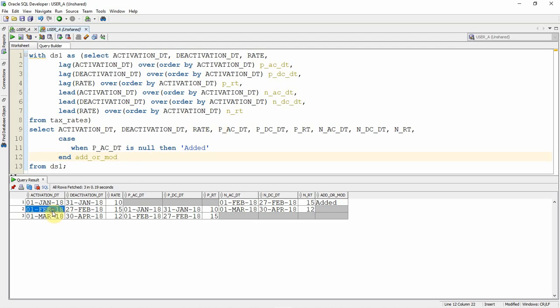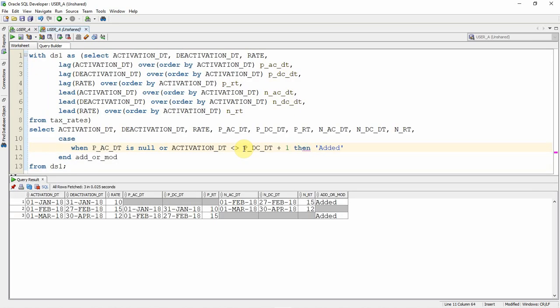We can see that here the current activation is 1st March, but the previous deactivation is 27th Feb. Ideally, the previous deactivation date plus 1 should be equal to the current activation date. So we will put either the previous activation date is null, or the current activation date is not equal to previous deactivation date plus 1. In both these cases it is considered as added. So now we have got the values for addition.